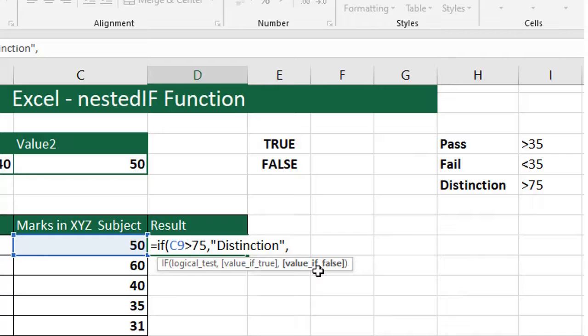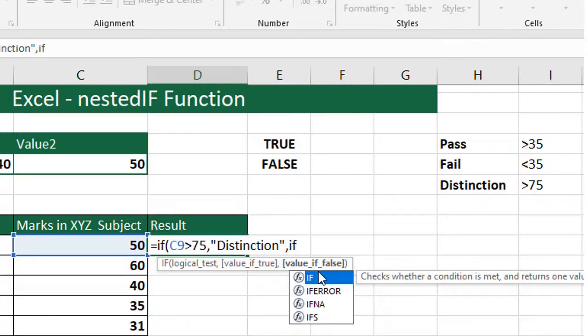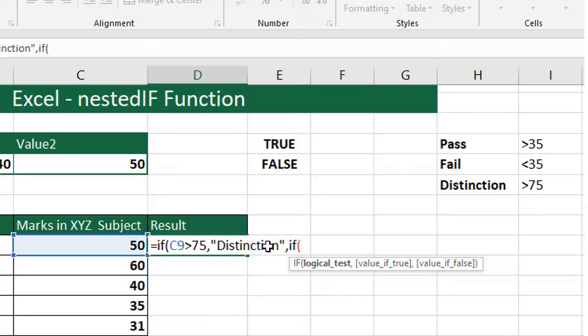Instead of entering the value if false, I'm going to add one more if again. If, open bracket. That means in a single if formula, we are going to insert another if formula. If C9 is greater than 35, then I would like to print pass, right? And again comma,